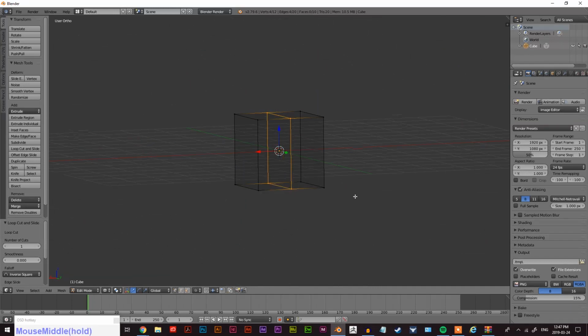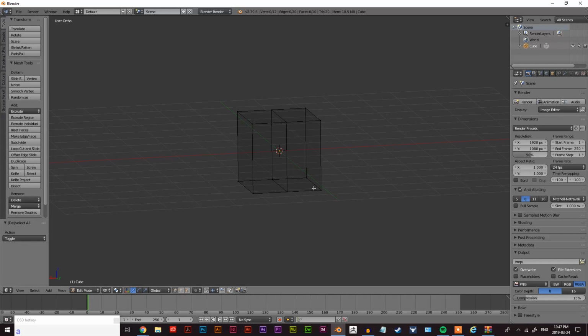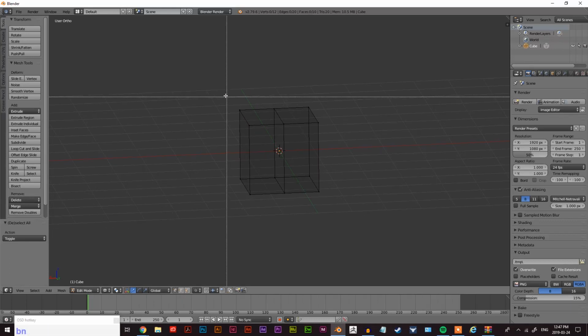Hit Z to open up your wireframe mode, just so that you can see through things and it makes life a bit easier. A to deselect, and what you want to do is select these vertices over here with B. Select these vertices because we're going to delete this side of the cube in order to mirror it on the other side with a modifier, so that basically you're cutting your modeling time in half. So select these with B,